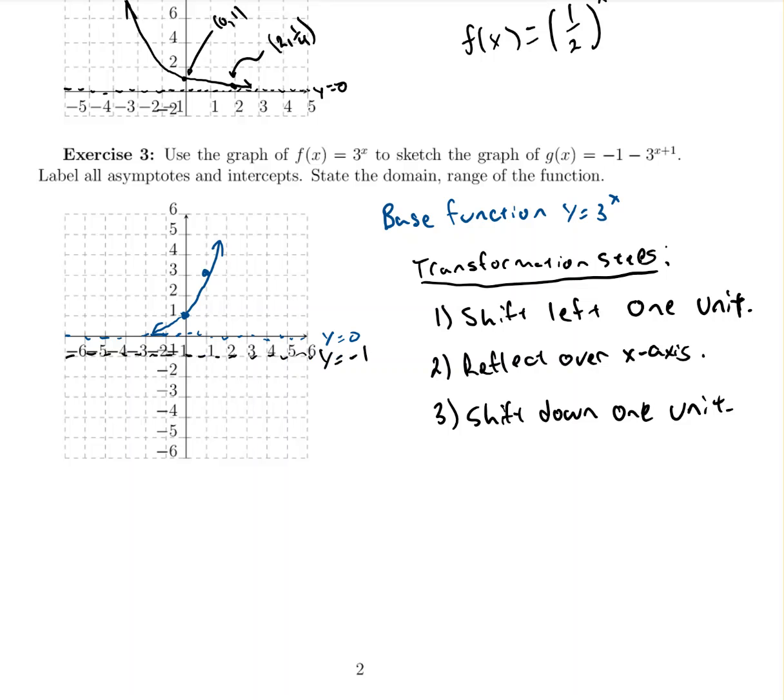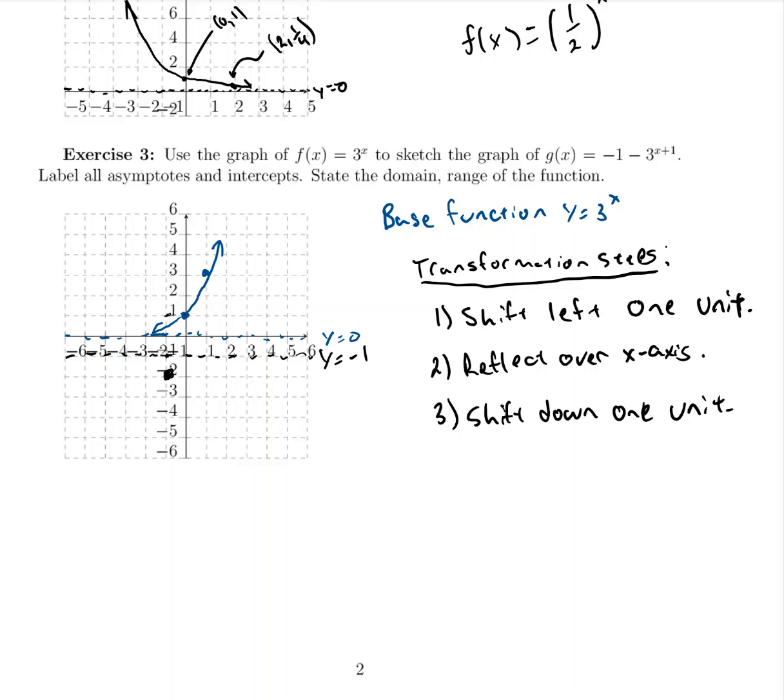Now we can apply our list to those points. So I'm going to start with this point at (0, 1). If I shift it left 1 unit, I'm moving here. Then I need to reflect it over the x-axis and then move it down 1 unit to get its final